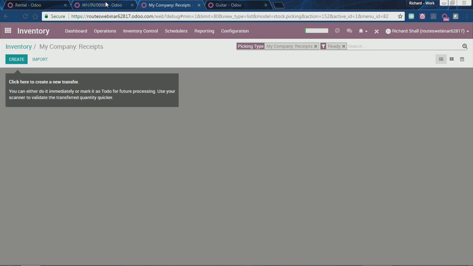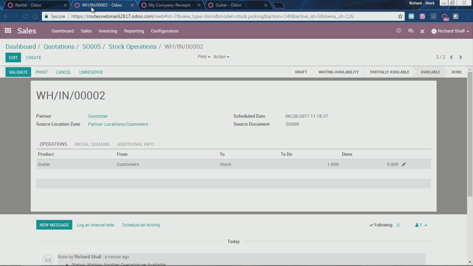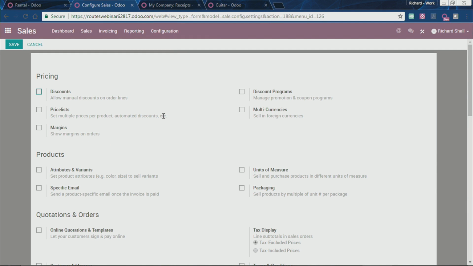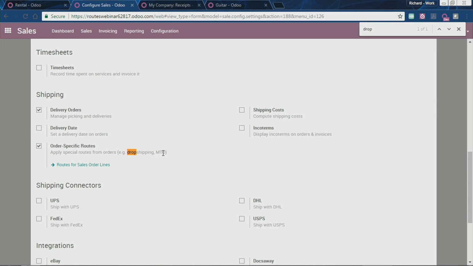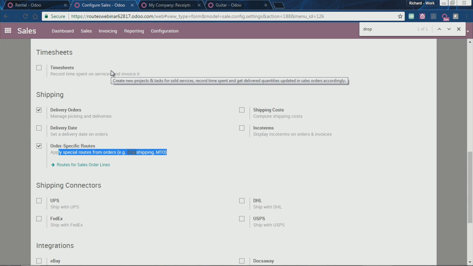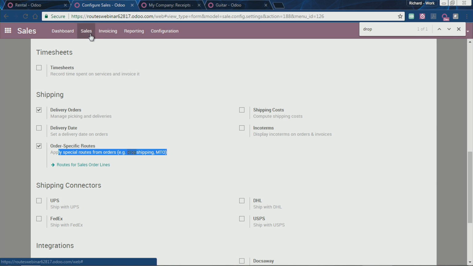One advanced setting we can look at is actually how Dropship operates. So we'll go back to our sales module, configuration, and settings. Here we can go down to the bottom and enable Dropship. This is actually necessary if you want to use routes on the sales order lines. So if I go back to my inventory,